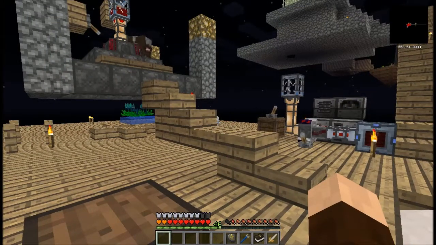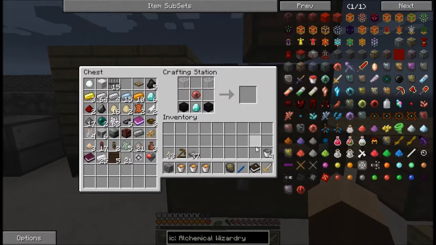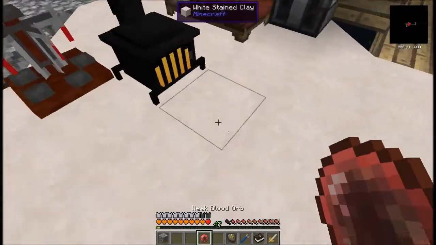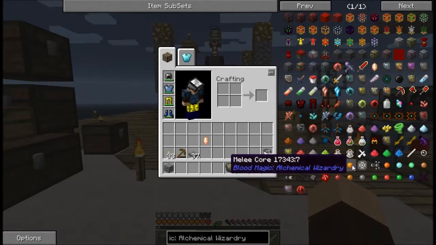So, I'll be back. Alright, I have the supplies necessary to make this, so let's go ahead and get that done here. Need the weak blood orb there, and then some lava. And I will have a lava crystal. And then I can go ahead and just put that in here, get that back where it goes. Now the lava crystal,